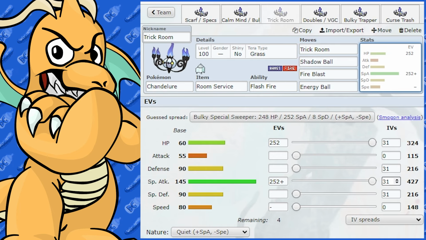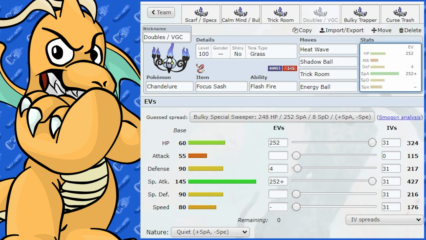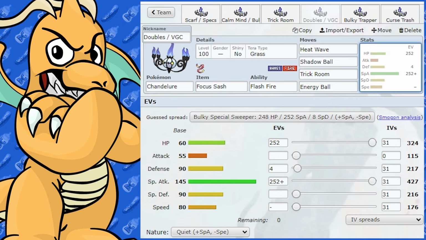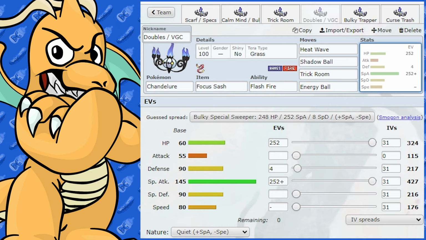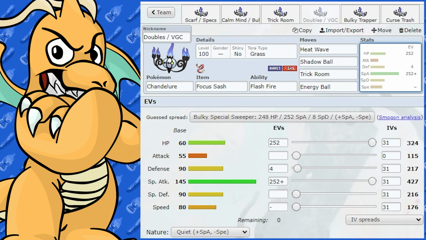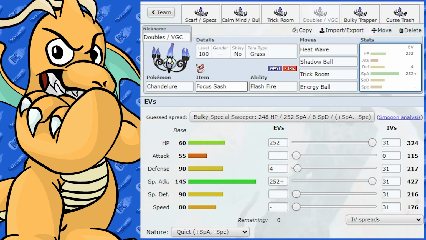Now, let's have a look at some doubles here in VGC style. And I want to discuss some teammates and some counters and stuff like that too. So I like to sort of go over everything. I feel like Chandelure can run a Focus Sash in doubles, okay? Not so much in singles, though, because there's a lot in my...